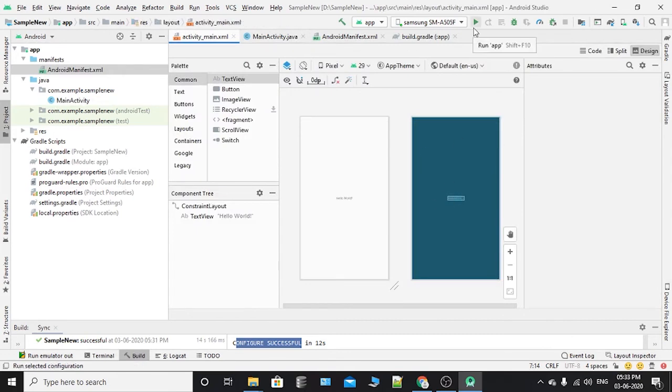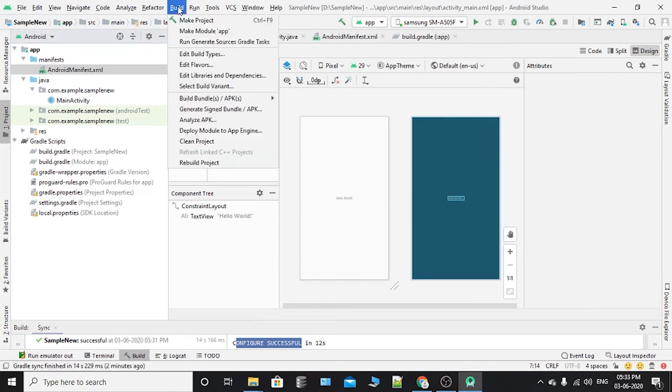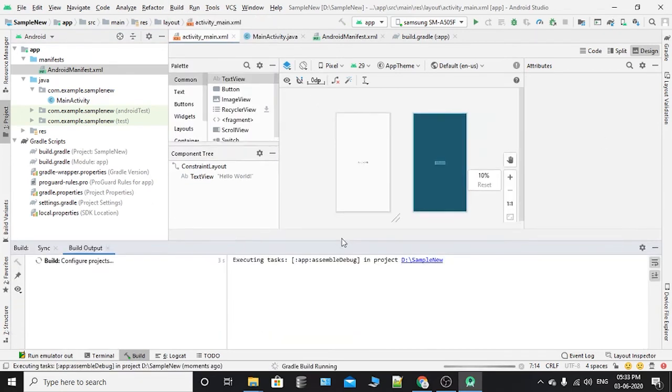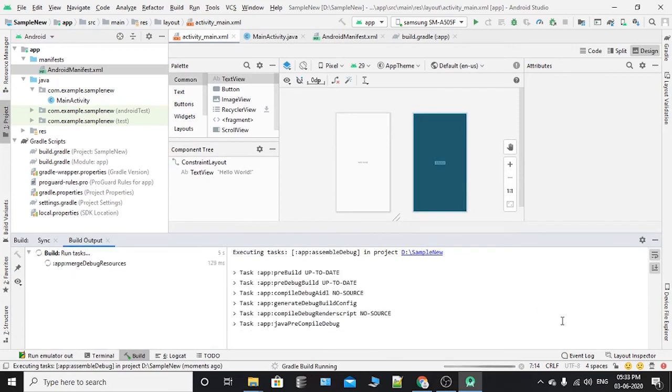Okay, you also connect your mobile and you can run it. If I click on this run button, I will receive a build on my mobile. Okay, you have two more ways to see this output. Suppose if I click on build, build bundle APK, build APK, it will generate an APK file. You can see the APK file here.